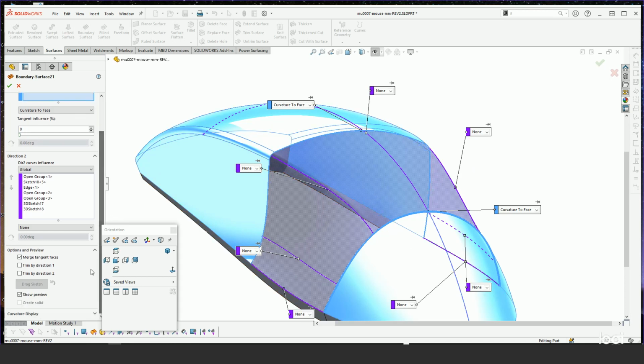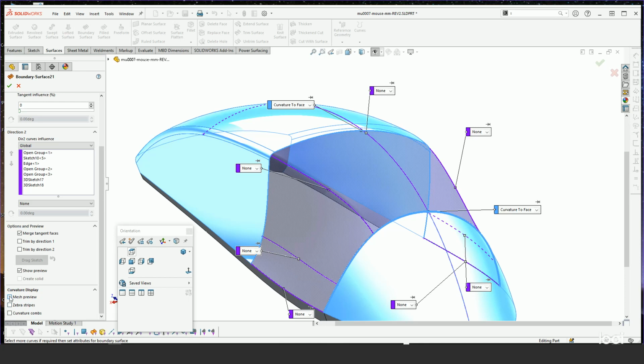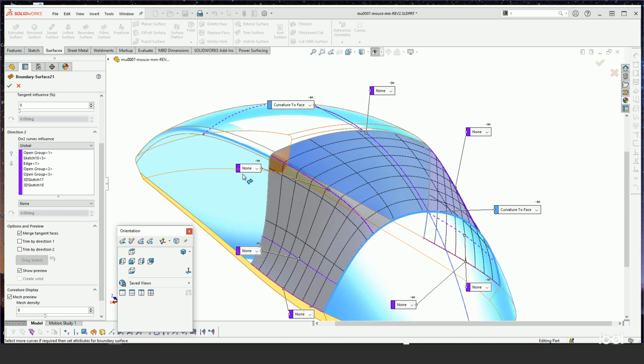If I turn on some analysis tools in my boundary, so if I turn on some mesh, you can see that our mesh is going in a pretty good direction between the two surfaces, but here we're needing to take something that's at a high rate of curvature and then go to a very low rate of curvature, and then that becomes sometimes an issue for boundary and trying to decide how these isoparams are actually going